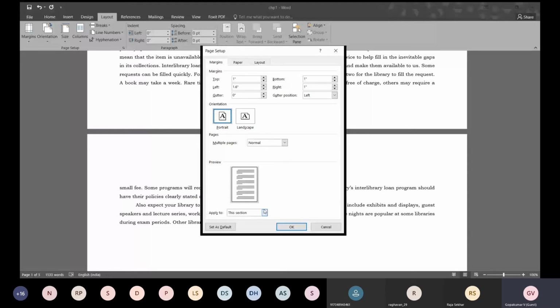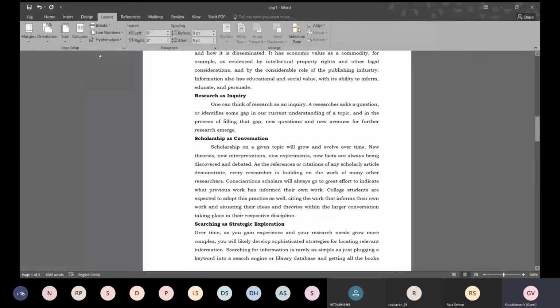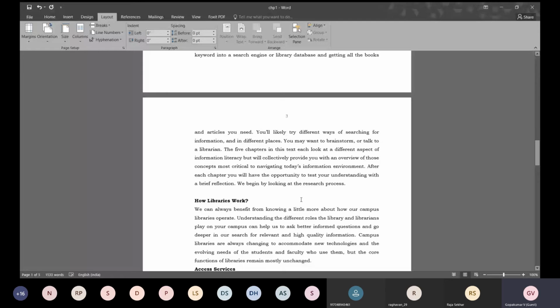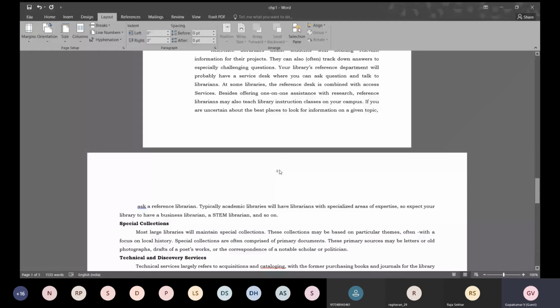This is how you have to do it. So simple it is. It is available under page setup, and these two things you have to make use of. This is how you change the orientation of a page in between while retaining the page number. That is the important thing. By retaining the page number, you can see 4 and 5 are there. This is the method of doing it.